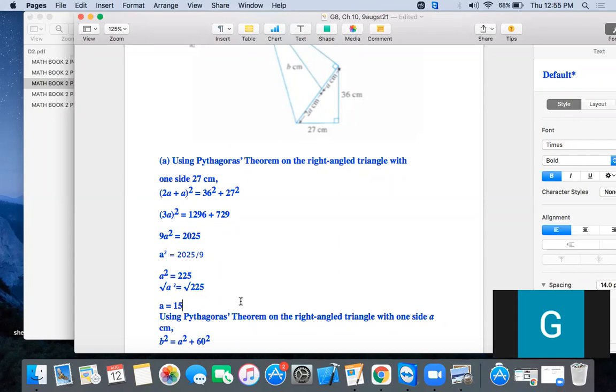Got it? Now actually we have to find the value of this side, b. You can write here 15. Okay, this is 15 centimeters. So you can write that this hypotenuse is 15. The hypotenuse of this right angle triangle is 15. Okay. Now come to the point, we have to find the b.